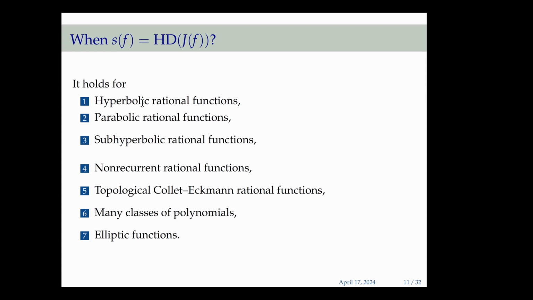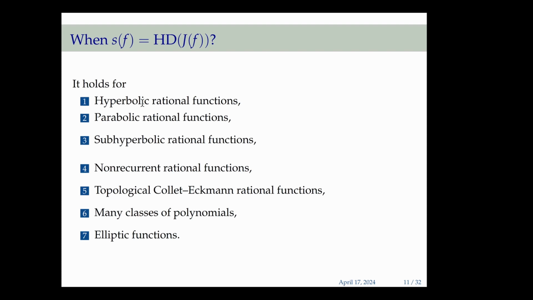Then there are subhyperbolic rational functions, those for which the post-critical set is hyperbolic, and also non-recurrent rational functions. These are such functions that no critical point comes back to itself. Finally, so-called topological Collet-Eckmann rational functions, or functions with the exponential shrinking property, which basically means that